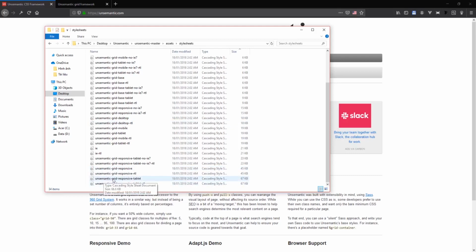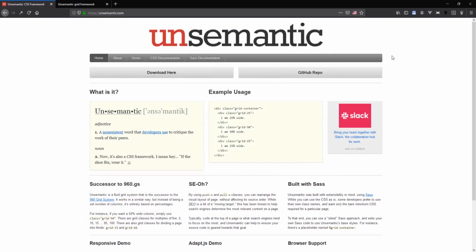The one is semantic grid responsive tablet, because it is used for a responsive website, so that when you view your website on a system, on a tablet, and on a mobile phone, it will not be the same, it will be different, but it will still look fine to the eye, so that people will appreciate what you do.